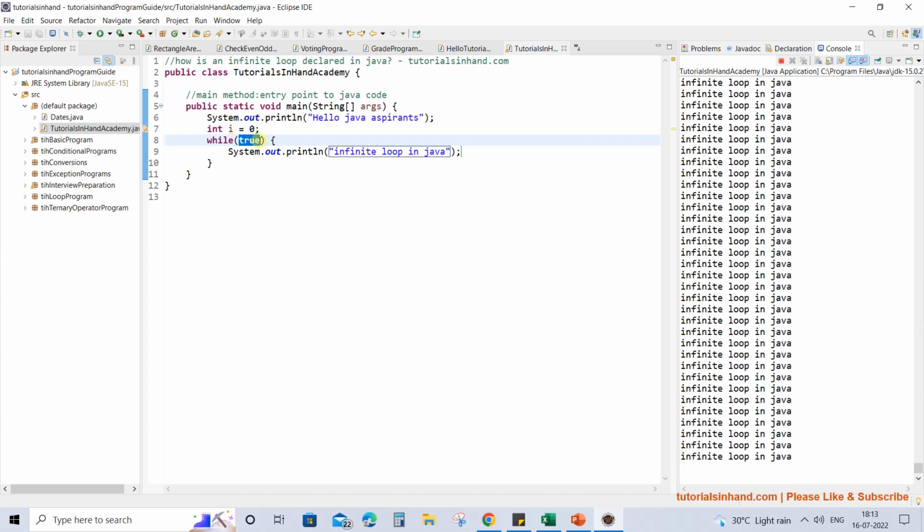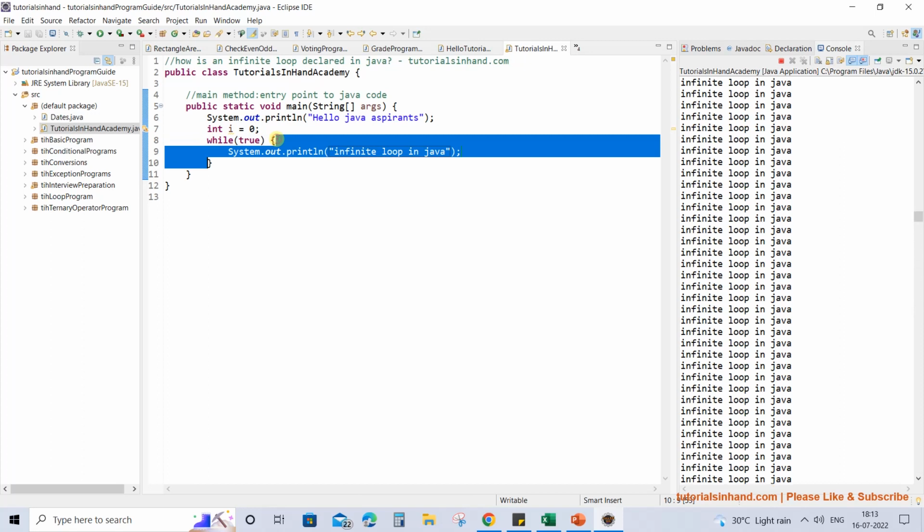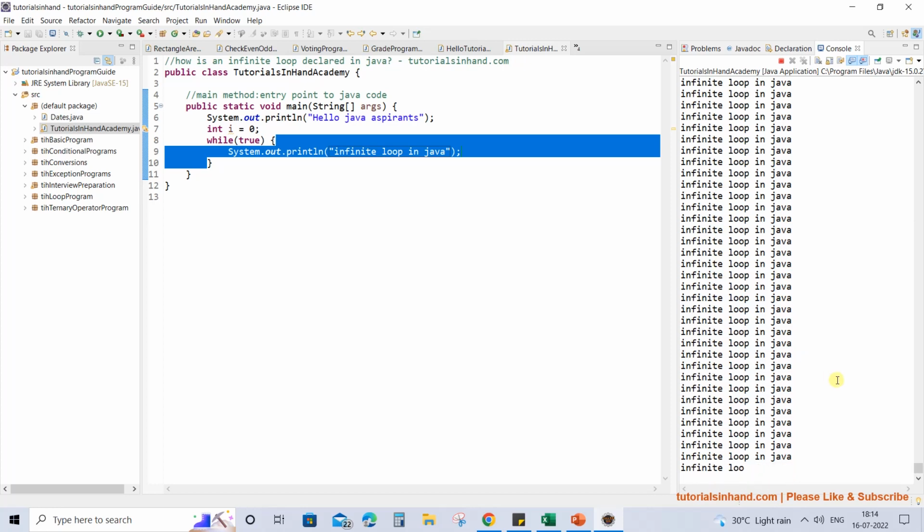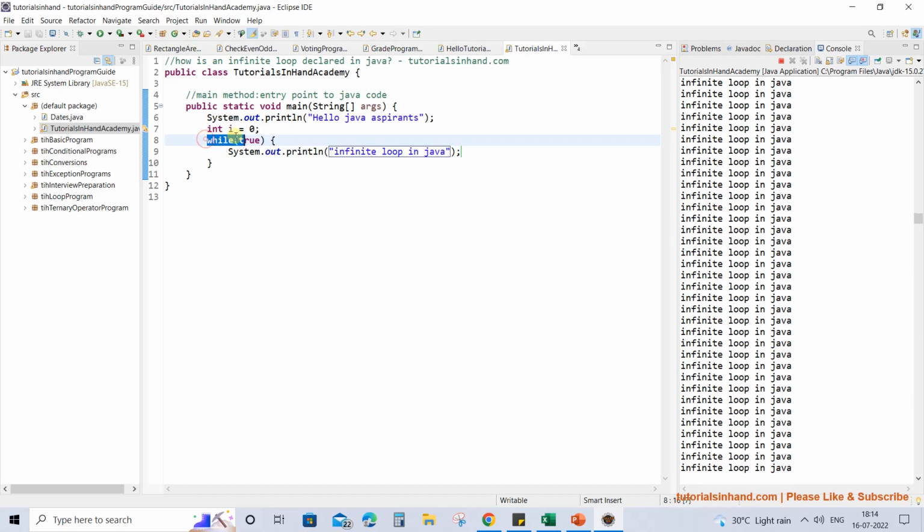And the reason behind that is the while condition is always true and it remains true till the out of memory error condition is reached. And this is one of the helpful ways in which you will write a menu driven program, because menus must keep on appearing again and again, but there is a little check so that it stops for a certain period of time and it does not go on printing like this. In a menu driven program, it stops for the user to enter his choice, but this while(true) is used over there as well.